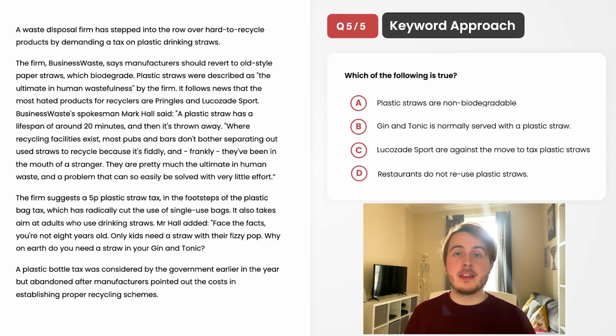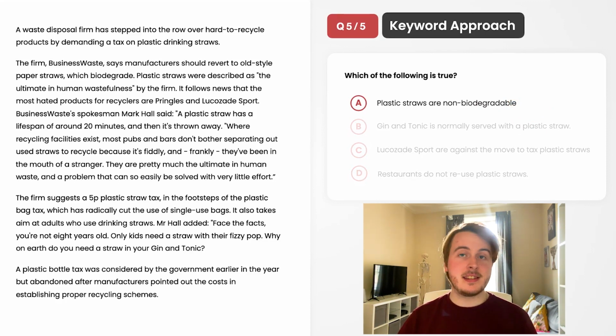So we're sticking with the first statement. We're not going to pick plastic straws as our keyword, as again, that's going to come up everywhere. So we're going to pick non-biodegradable as our keyword here. So looking for that somewhere in the passage, you can see that it actually does come up right at the beginning of the second paragraph. And for this one, we've actually already got the answer. As you can see from reading this highlighted bit here, the plastic straws are not biodegradable. So therefore, we know that our answer is A, and we can pick that and go ahead with that being